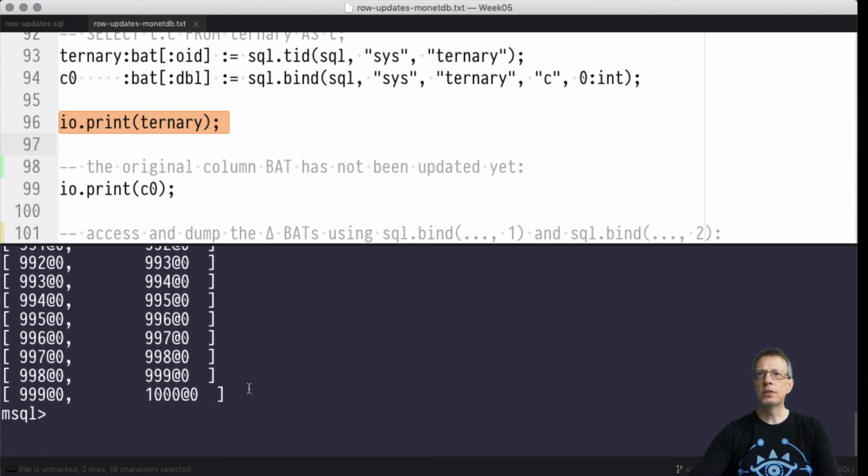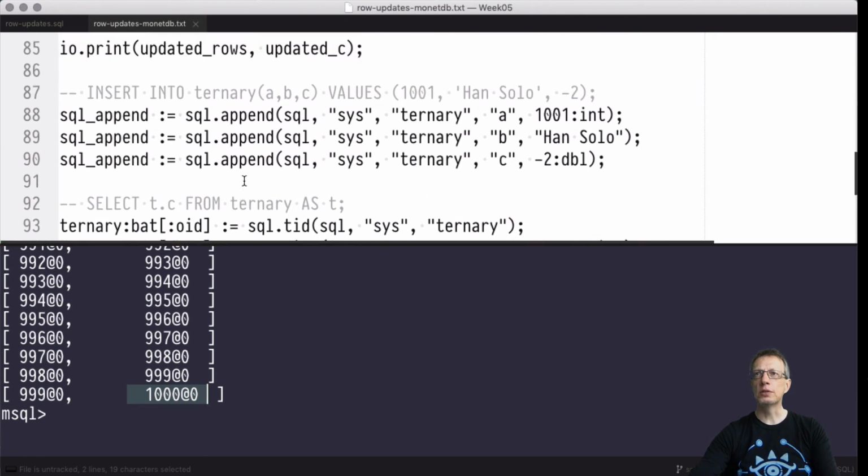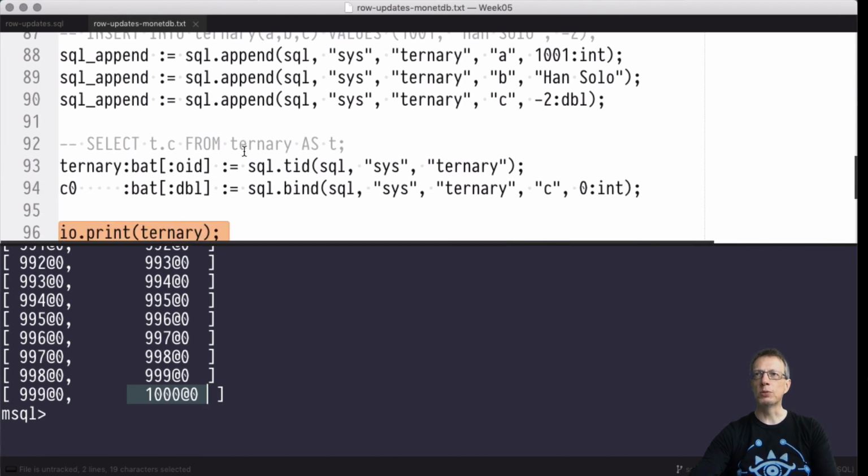It records the visibility of something new. This is the effect of the inserts that we've just performed. The inserts have prepared the visibility information for the presence of a new row, a new row with OID 1000. We haven't seen that before. This is the new row that is holding these new column values. SQL append has modified the visibility information to announce that such a new row is now visible for this